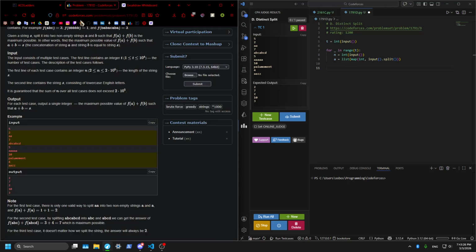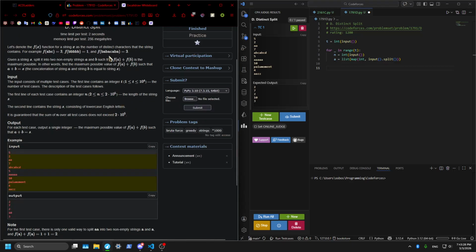Can we just try a split for every, like, what's the length on this? 10 to 2x 10 to the 5? Like, I'm thinking about, like, to print equals -1